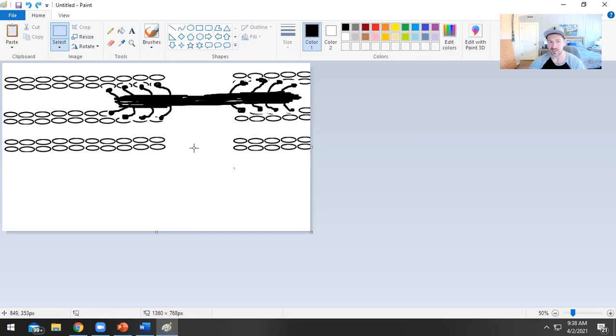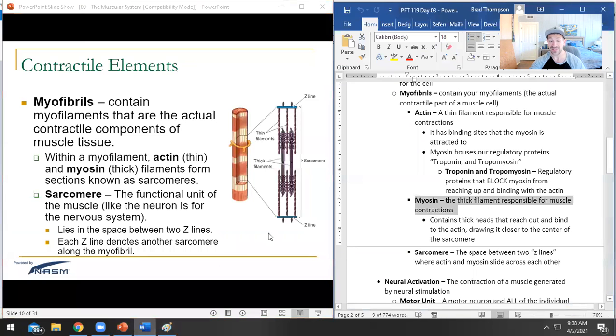Now what'll happen is these heads are gonna reach up. They'll reach up like that, and then they're gonna pull this way. So what'll happen is this strand is going to pull in this direction, and this strand is going to pull in that direction. There's sort of a thick divider sort of in the middle of these, right? So now that muscle cell is going to shorten, right? It's going to go from one end to the other, and that's going to happen. That right there is exactly how every muscle contraction you've ever created has happened,